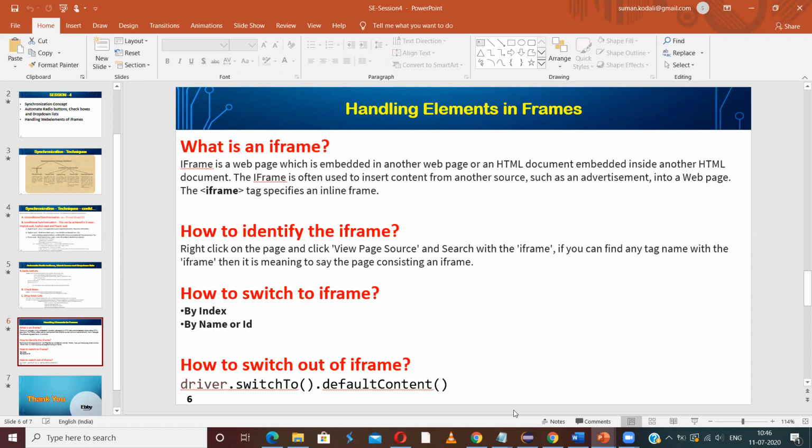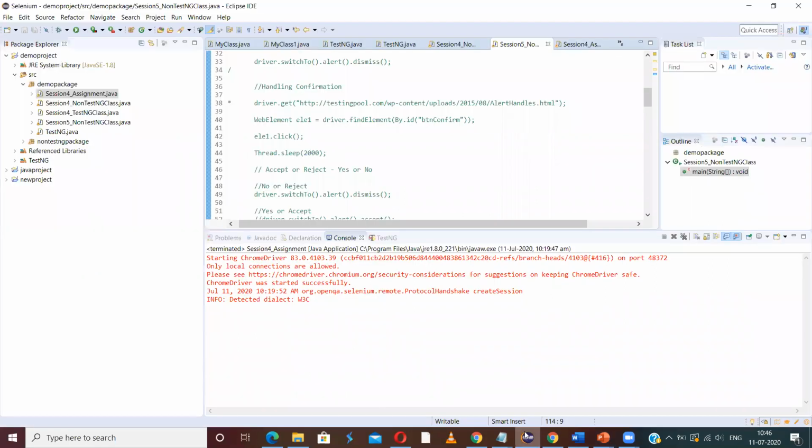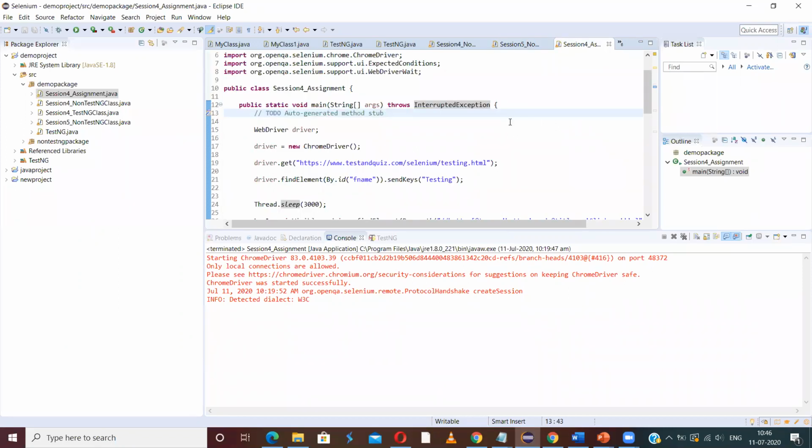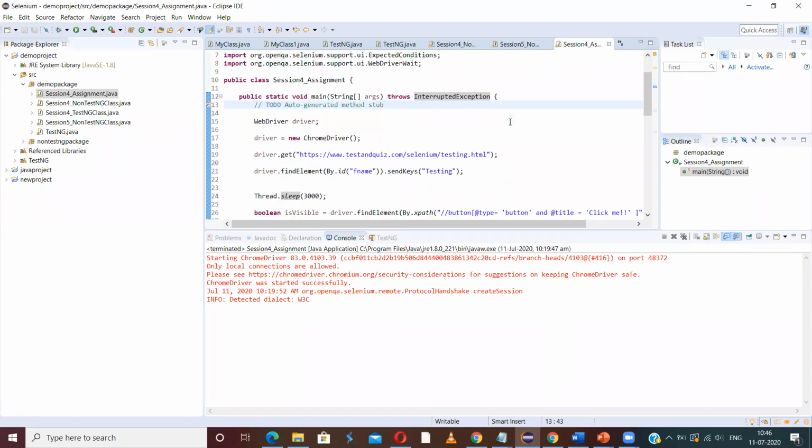And let me show you the assignment. So the assignment has 4 exercises. The first one is to enter text in one of the edit boxes.